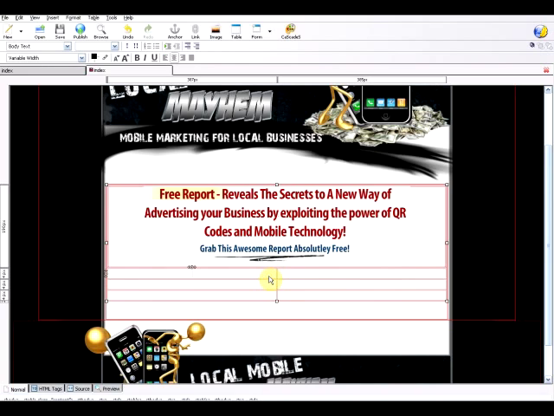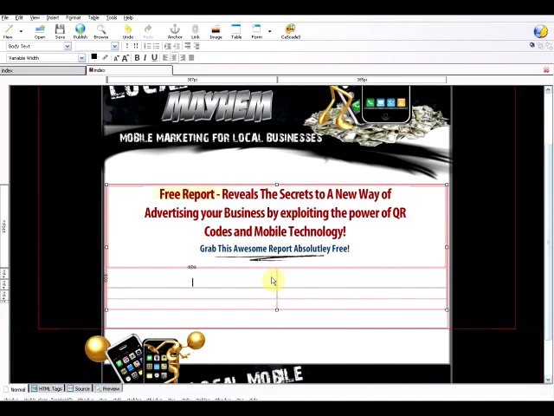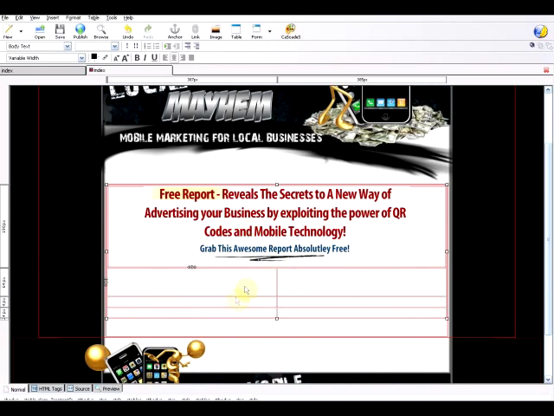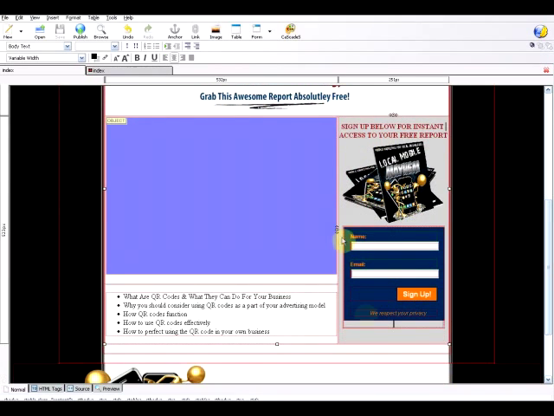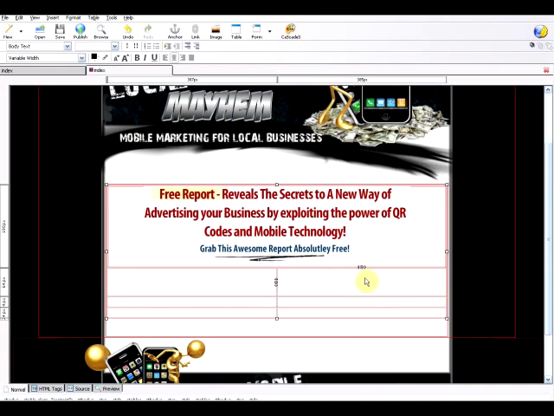The next thing we want to do is add our video in this section here, and in this cell here we're going to have our call to action, our image, and our opt-in form as well. What I like to do, if you see here, is I've coloured the area where we've got our headline and our graphic and our opt-in form. So if we click on that cell here,